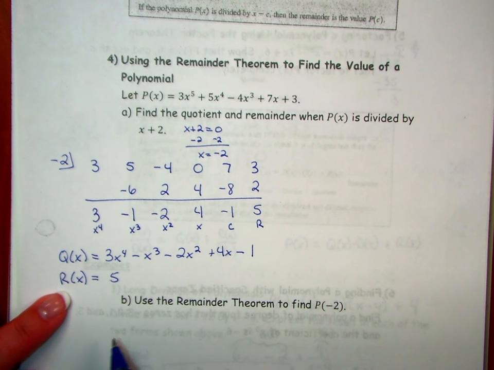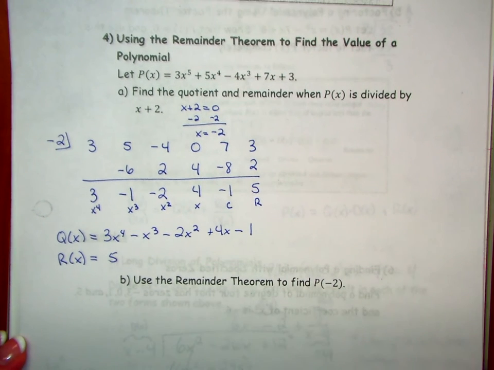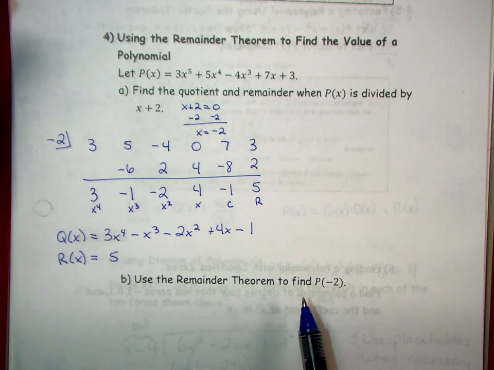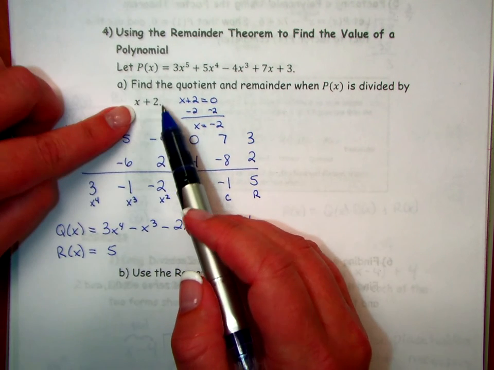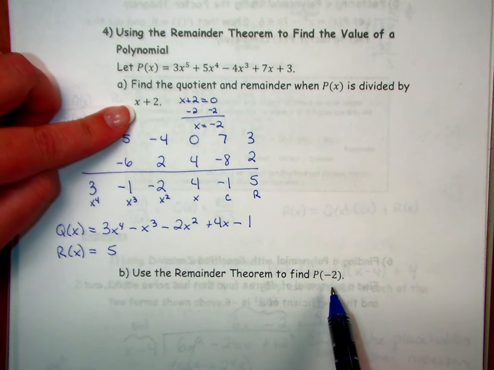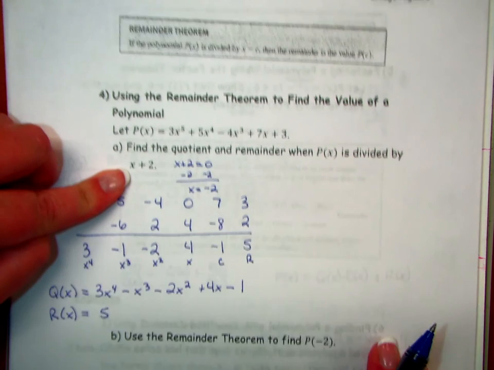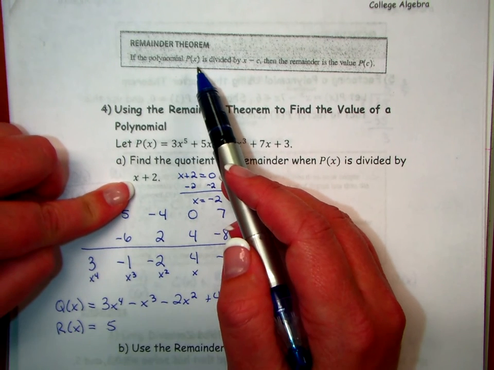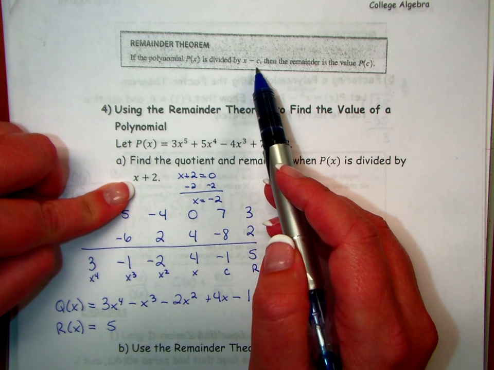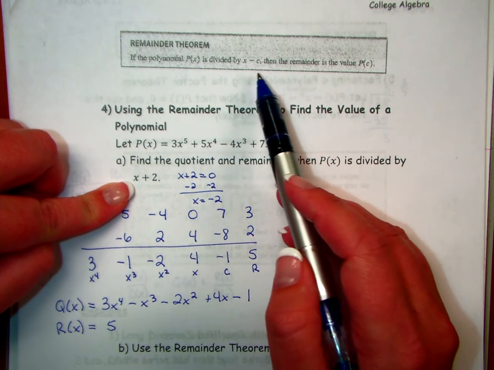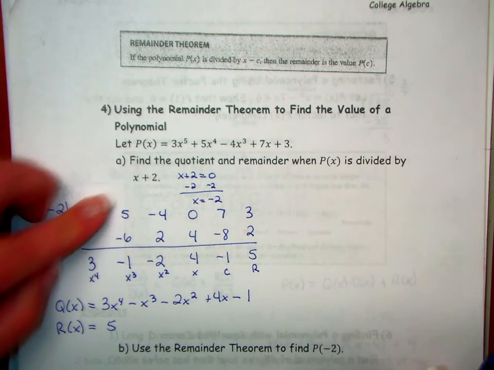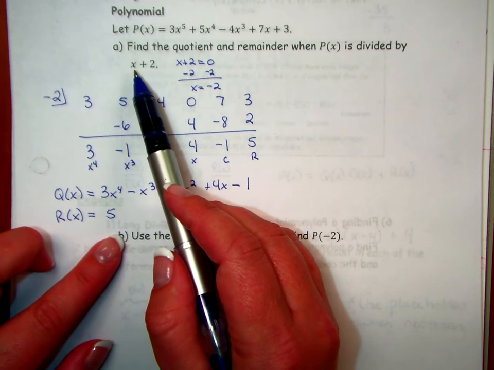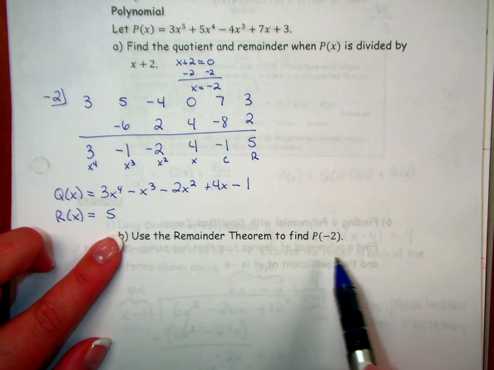Next, on B, use the remainder theorem to find p of negative 2. The reason they're plugging negative 2 in there is because they're plugging the 0 in there. If p of x is divided by x minus c, the remainder is p of c, right? X minus c is the factor, and c is the 0. So if x plus 2 is the factor, then negative 2 is the 0, and that's what we want to